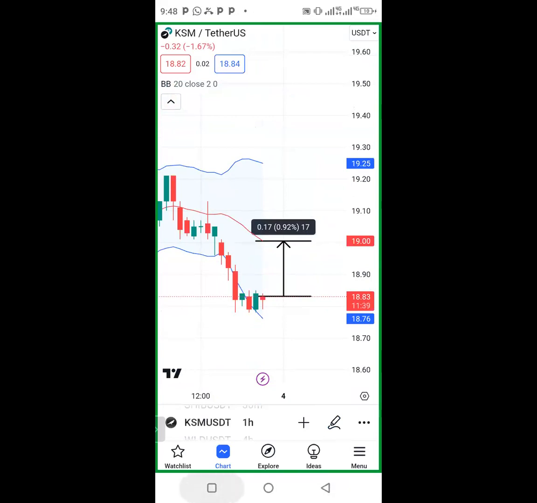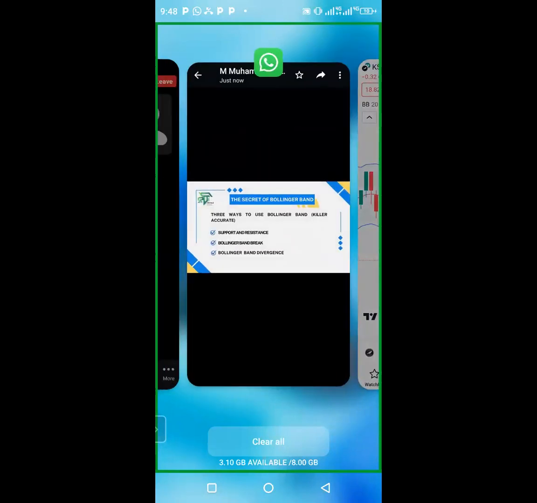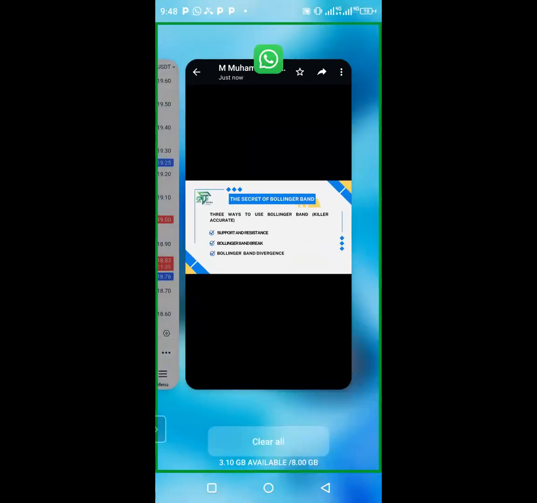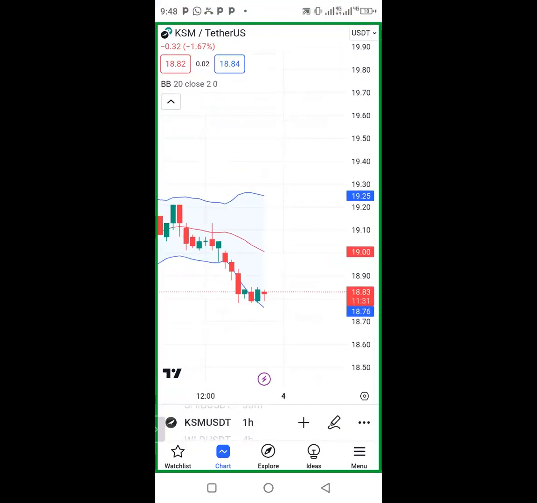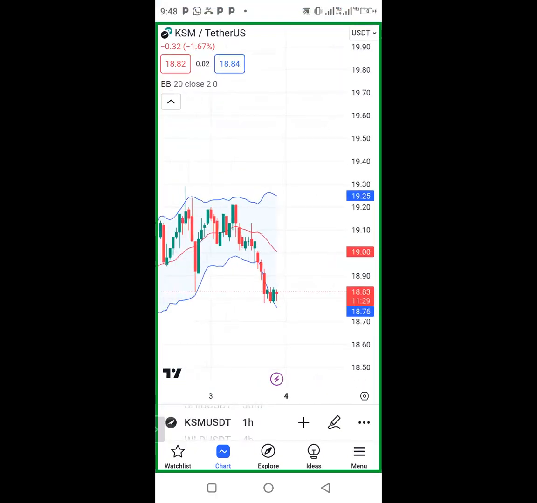Then the last one, which is the Bollinger Band divergence. This one is also powerful. It depends on what you want to use it for. If we go to MC Kawa 4 hour,